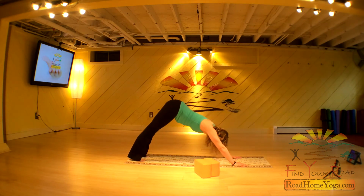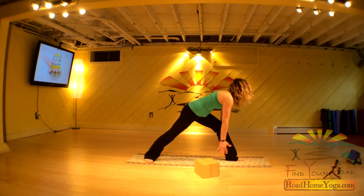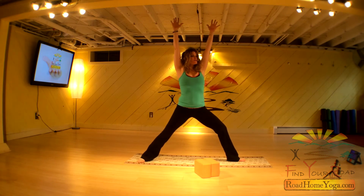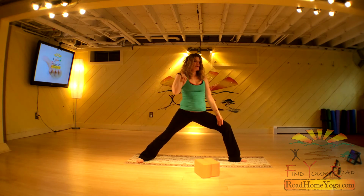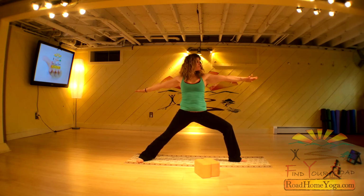Out breath. You're on the left side. Use your inhale to wake up. Use your exhale to open you into warrior two. Press that left knee open. Peel this right shoulder back. Reverse,